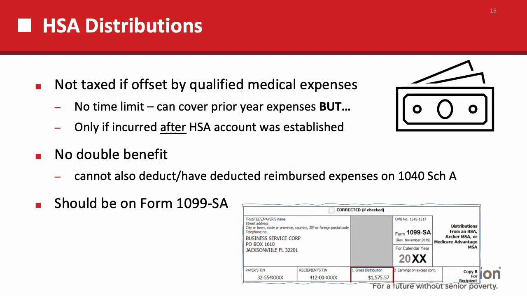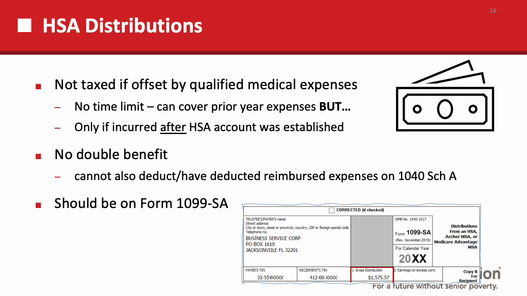We've looked at HSA contributions. Now we're going to take a look at HSA distributions. Now, distributions are not taxed if they're offset by qualified medical expenses. HSA distributions can be taken at any time. There's no time or age limit, but they can only be used for expenses that were incurred after the HSA account was established. You can receive distributions from an HSA even if you're not currently eligible to have contributions made